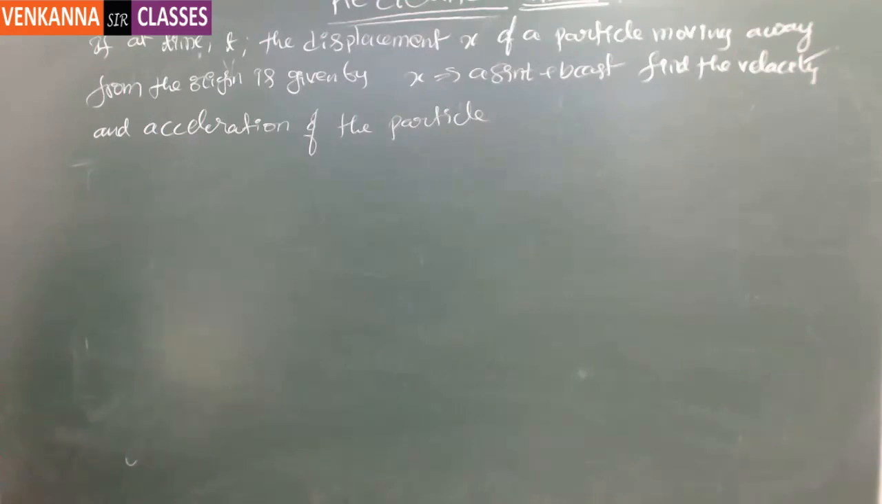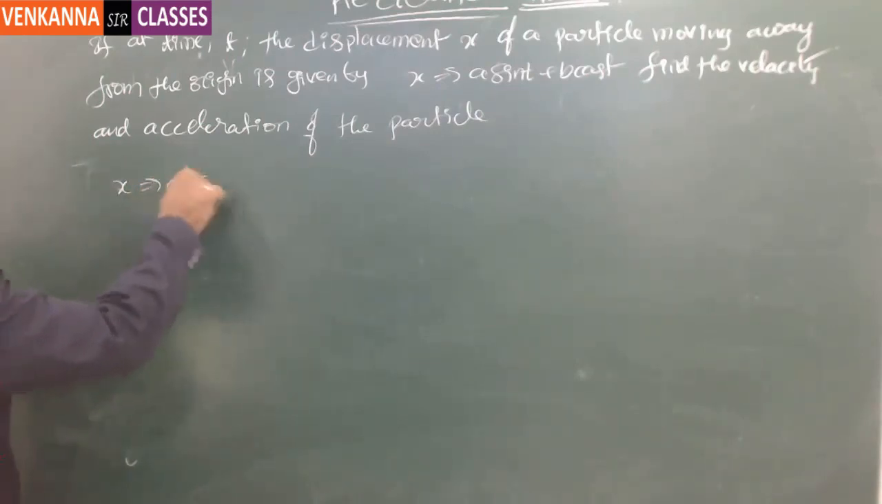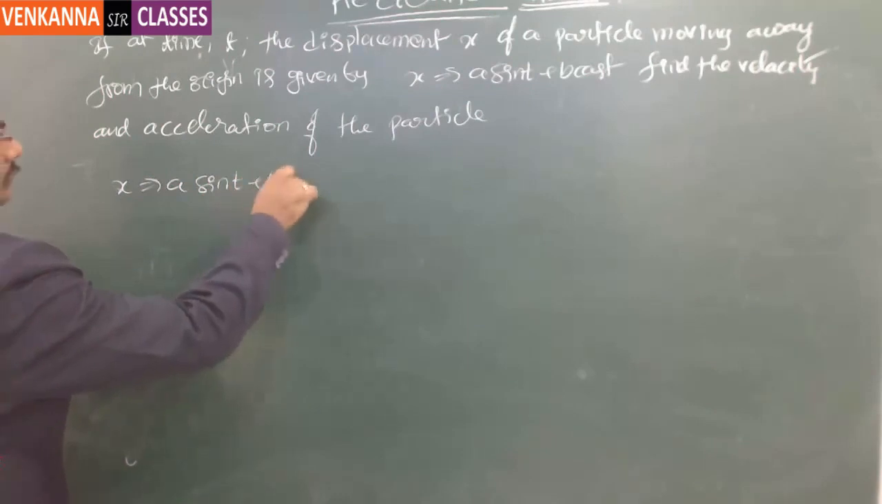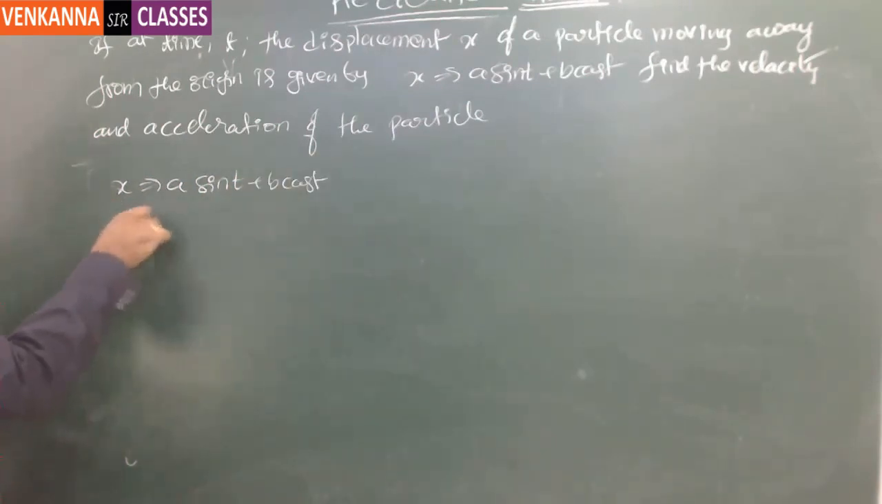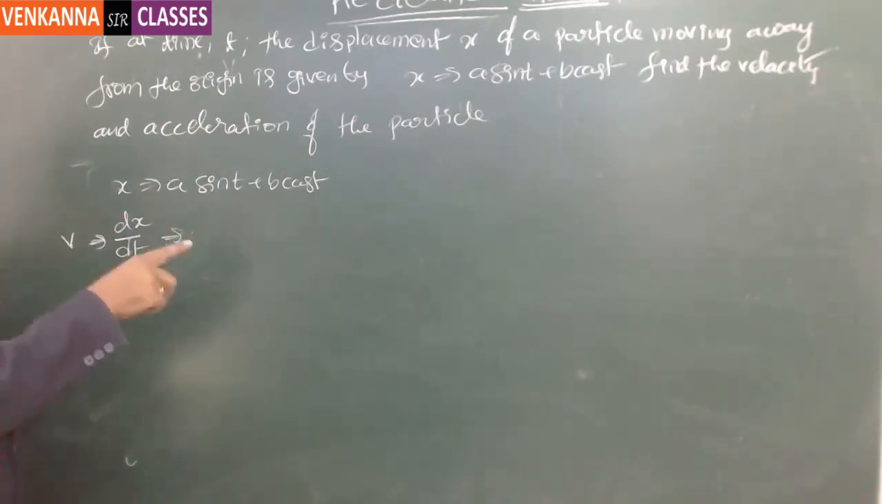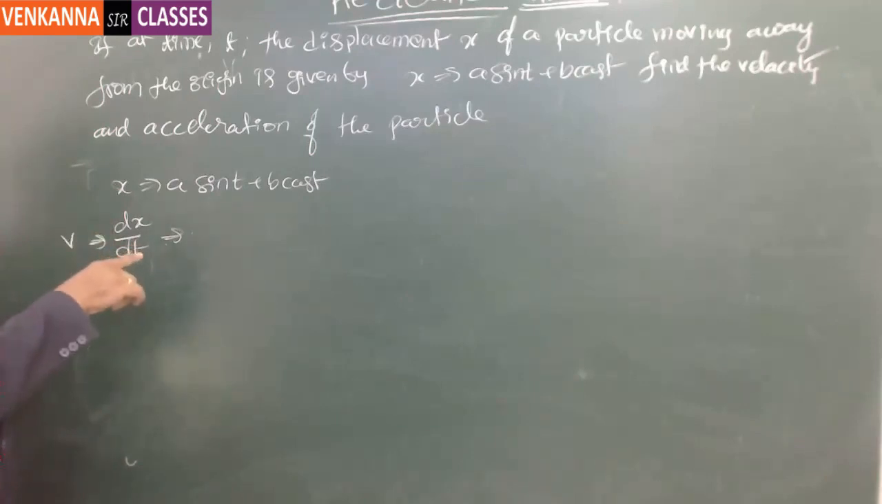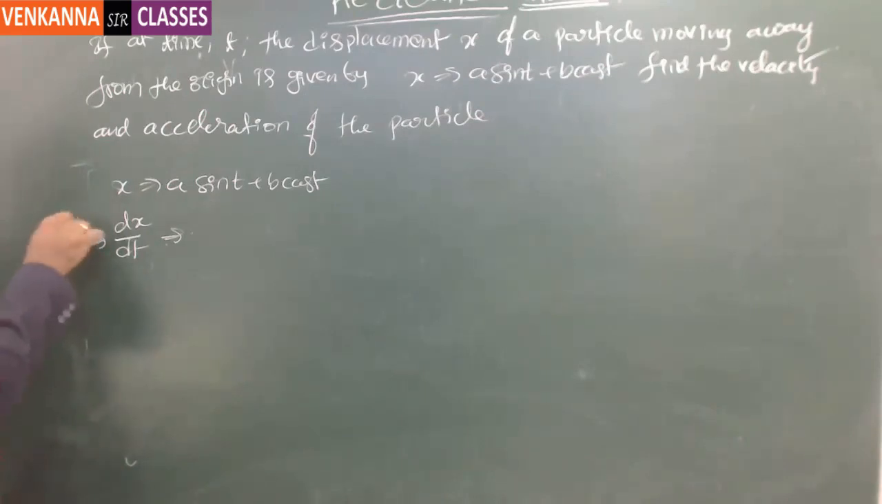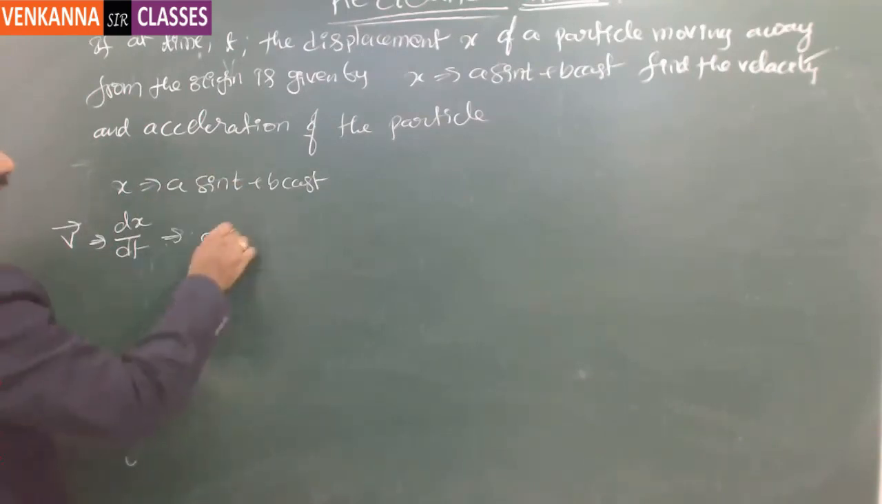Are you done? Okay, let me solve this. See this, x is equal to a sin t plus b cos t. If I take the derivative of it, dx by dt is nothing but the velocity. Even though I am not mentioning velocity as a vector, it is still a vector, but a one-dimensional vector. Hence even if I ignore the vector direction, it won't make any difference. Got it? So dx by dt is equal to a into the derivative of sin t, which is cos t,